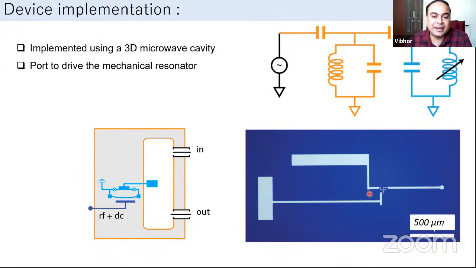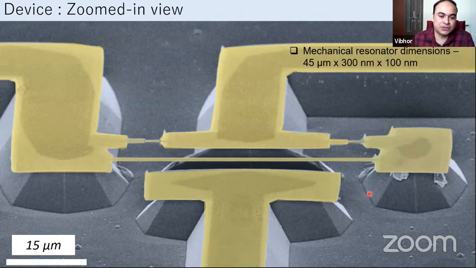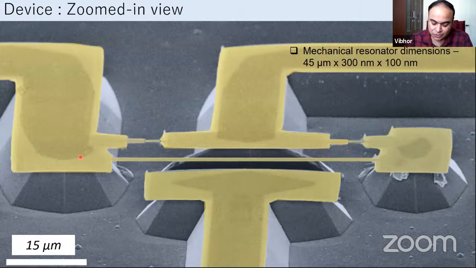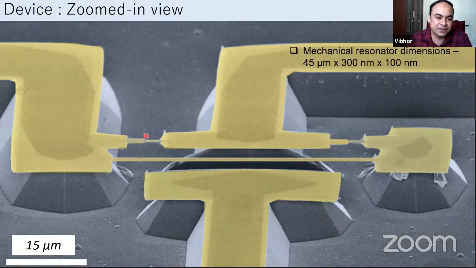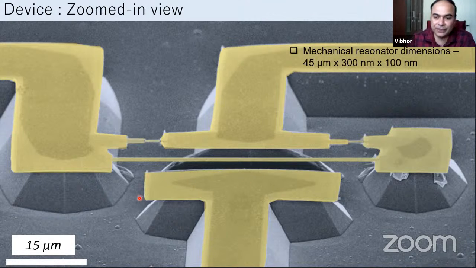Okay, so this is the schematic of the device. This is a zoom in when we zoom in close to the SQUID loop. So here you can clearly see the suspended mechanical resonator along with two Josephson junctions. Okay, so this is what is forming the SQUID loop. This electrode runs up and forms the capacitance necessary to make this transmon qubit. This T-shaped electrode that you see is for mechanical actuation if you want to add.